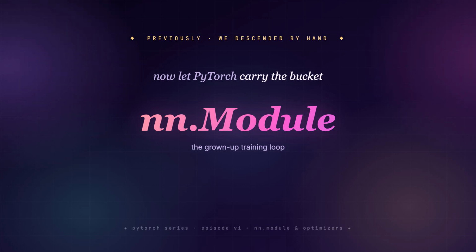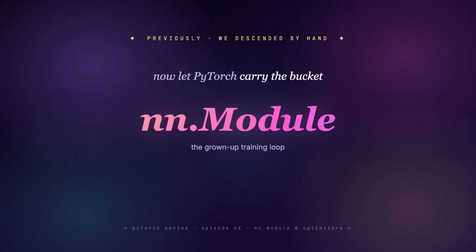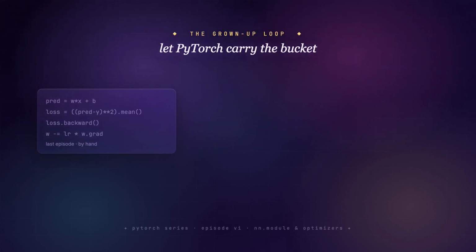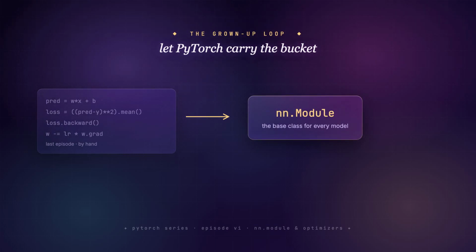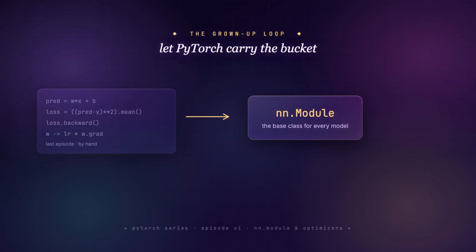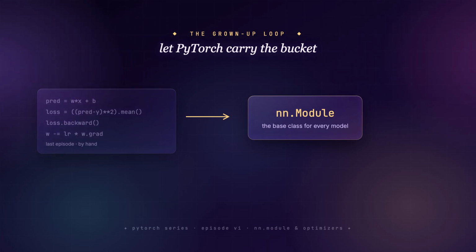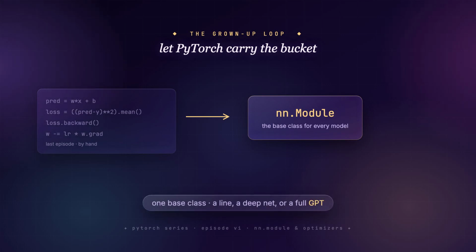We descended by hand last time. Now we let PyTorch carry the bucket. Here's the thing we kept doing manually. We held a weight, we held a bias, we wired up their gradients, we wrote the update math. PyTorch has a name for a bundle of learnable pieces, plus the rule for how data flows through them. It's called a module. And almost everything you'll ever build, a single line, a deep network, a full GPT, is just a subclass of one base class,